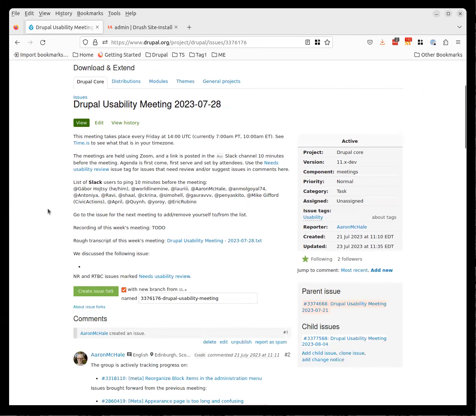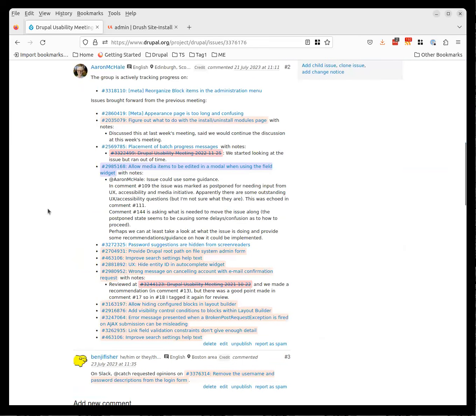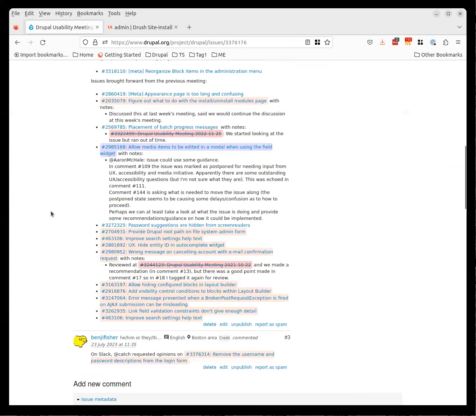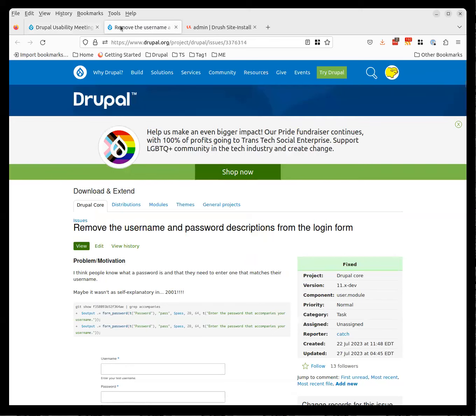So no one has any particular issues they want to discuss today. So let's look at the list of things we've carried forward. Yeah, actually, this one at the bottom, maybe. I always get in trouble when I predict that something will be a short discussion, so I won't make any predictions. But let's have a look at